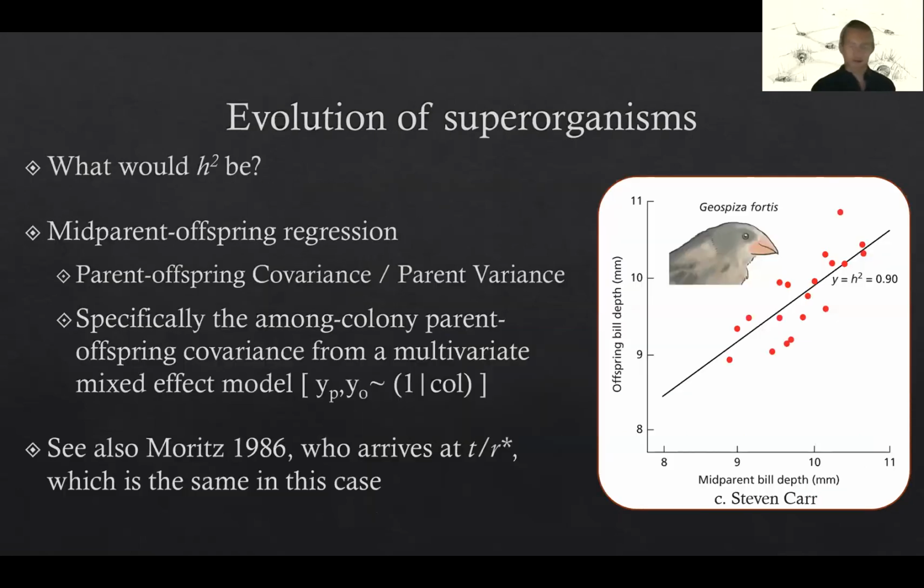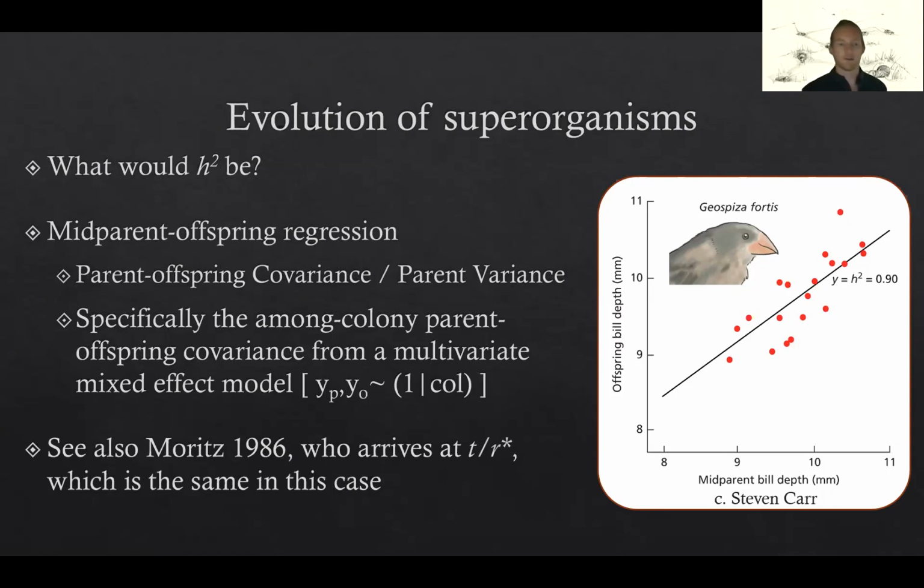Now, trying to understand what H squared would be is slightly harder. I think this is most analogous to the mid-parent offspring regression. The parent-offspring regression is a classic method of estimating heritability in animal breeding. The idea is you regress the offspring's trait, so in the example of these finches on the right, it's bill depth, on the parent phenotype. And you can see here that parent phenotype strongly predicts offspring phenotype,